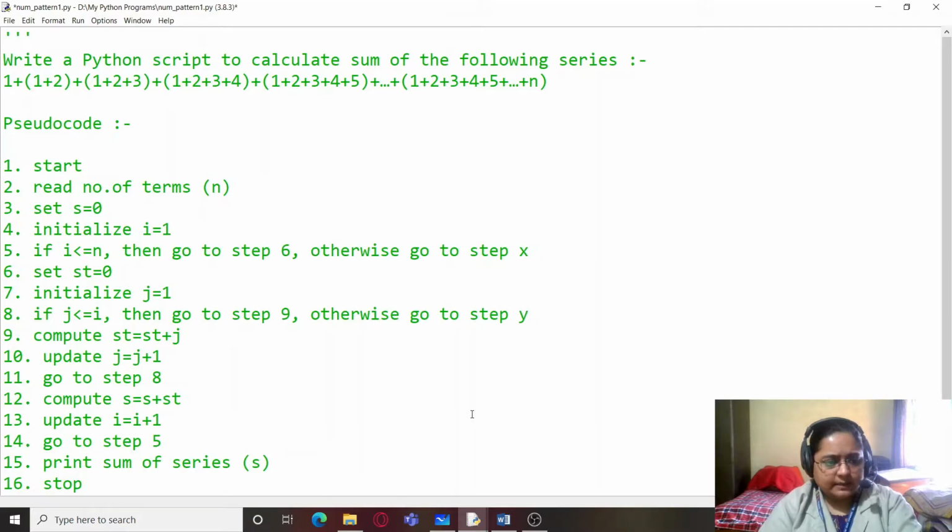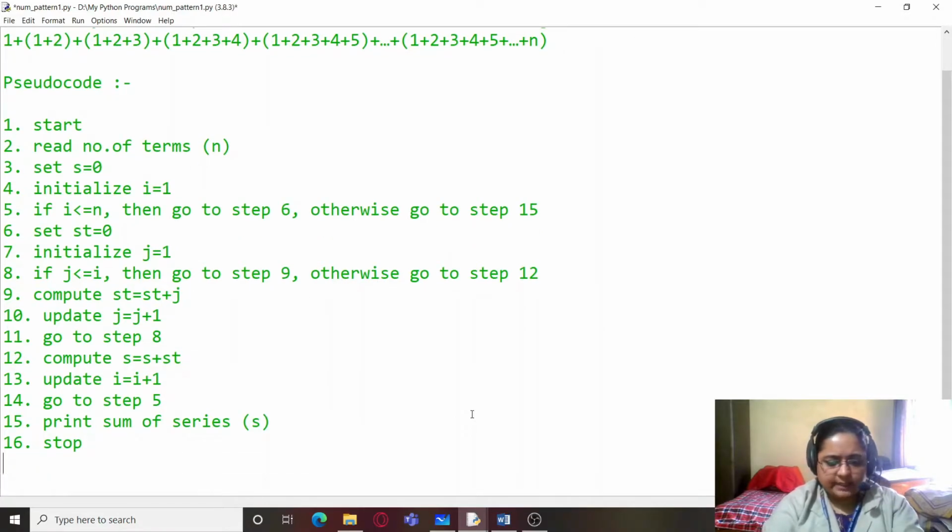And now we will again trace back to step 8. If this condition is false, then we will be going to the step immediately after go to, that is step 12. And the first one is immediately after go to, that is immediately after step 14, which is step 15. So the pseudocode is done.